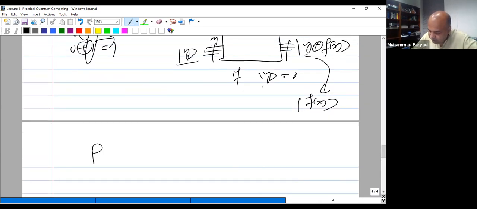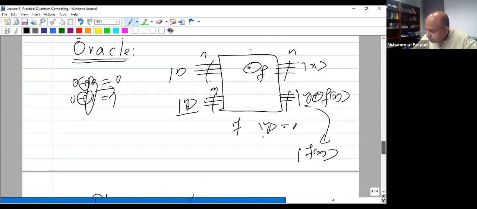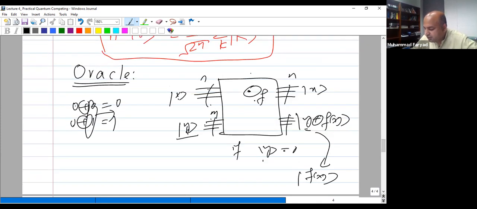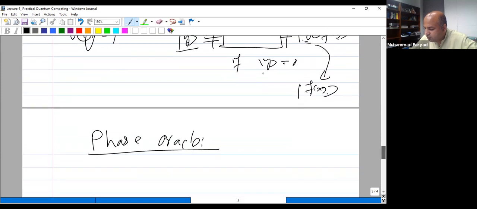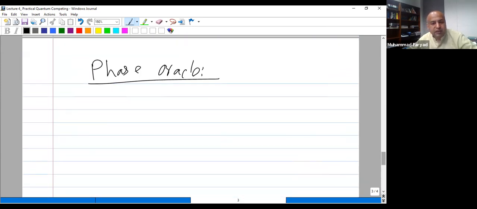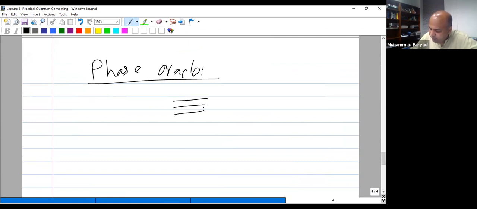Okay, so this is a general oracle that I was talking about, and I now want to build a special oracle which is called a phase oracle. You can actually call this oracle an amplitude oracle, because the function f of x that has been implemented can be obtained at the output just as f of x. But instead of this, in many quantum algorithms, we can build algorithms that work with the phase oracle instead of the amplitude oracle, and it's very easy to construct the phase oracle. So let's say you have